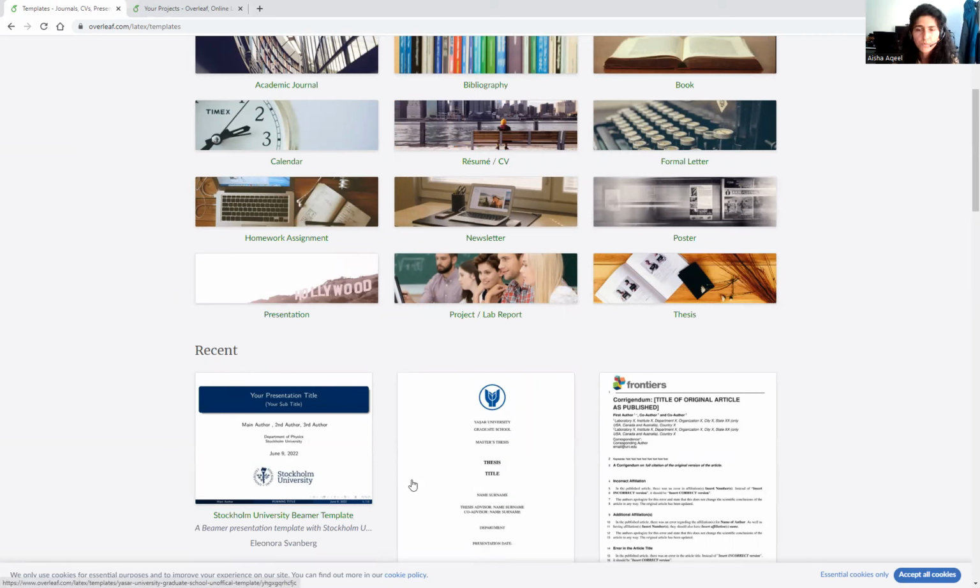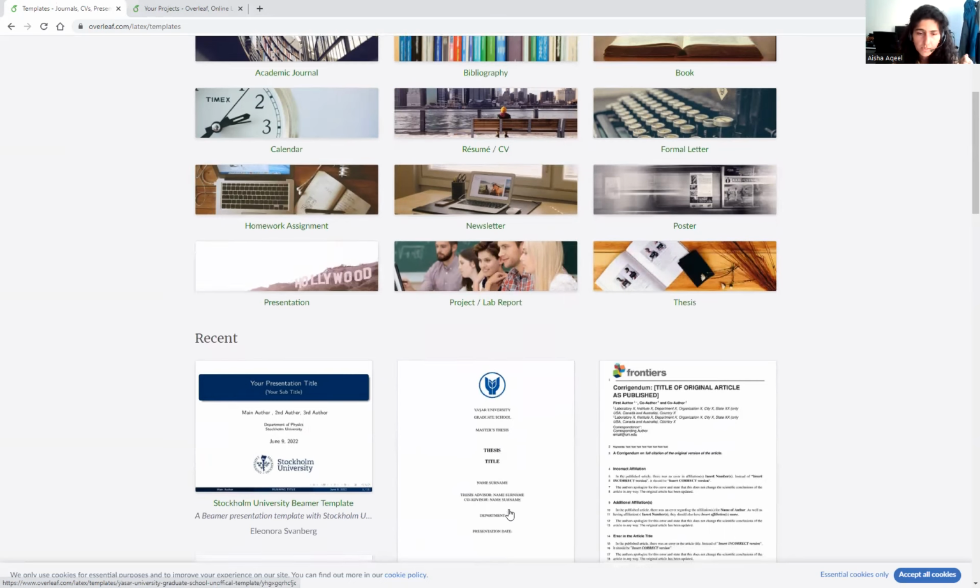One interesting thing about it is that many publishers for manuscripts already give their templates for Overleaf, for LaTeX. You can easily edit them. Many universities provide thesis templates also, which is useful for students.